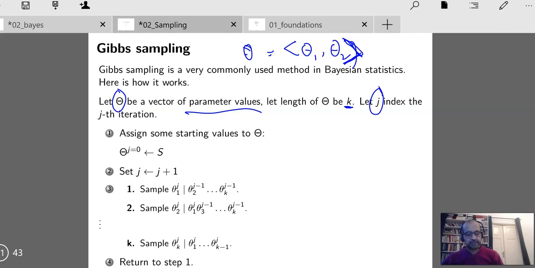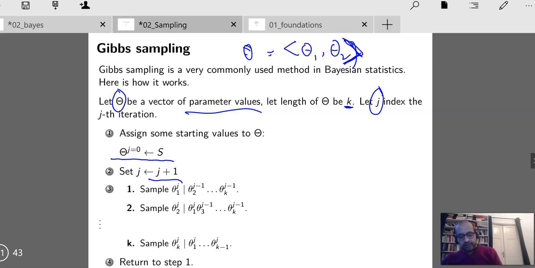It will be representing the jth iteration. All right, so the 0th step of the sampler assigns some random values to each of the parameters. So that's what this starting point is. Then we update the iteration number, so we say that we are going from step 0 to step 1. And then what we do is,